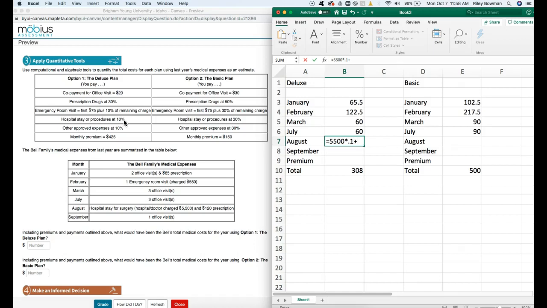And then we'll go through and add the prescription, which was 120, but we don't have to pay the whole 120. In the deluxe plan, it's 30%, so times 0.3, and that's everything for August. And I can, again, just copy and paste and change the percentages here. So in the basic plan, the hospital stay or procedure, you must pay 30%, so we'll change the 0.1 to 0.3, and the prescription was at 50%, so we have to pay 50% of that, and that was